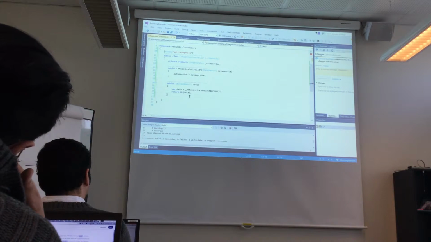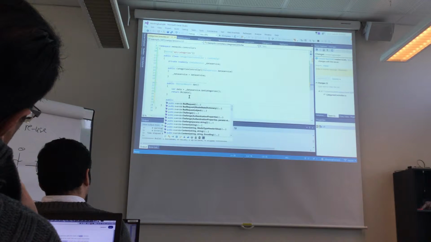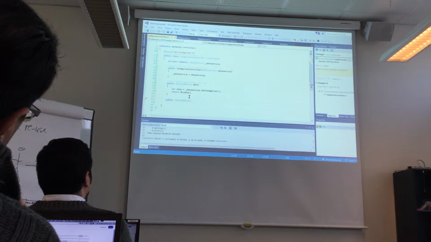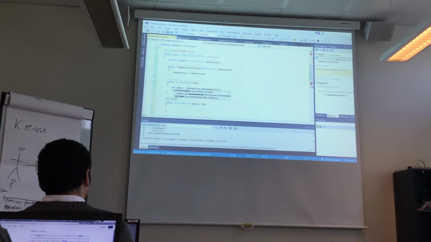The next part we want to do is, for instance, to do something like public iResult get with an ID. So we want to get one specific category. So I need to set the route here. I think we did that last time also. So the route would be some ID. Don't know which one, and it will just match. It will take whatever on the route. So it'll be